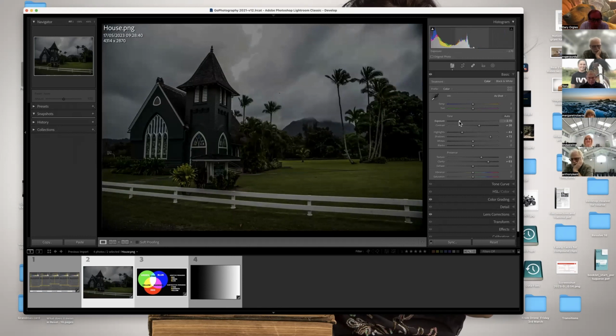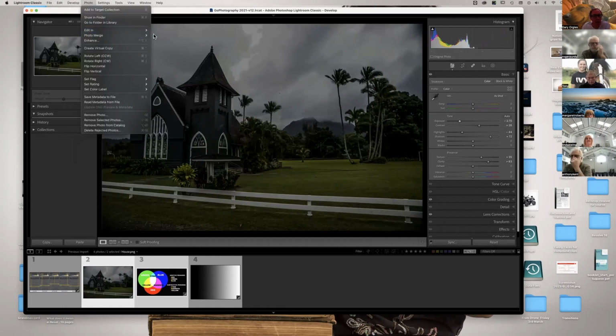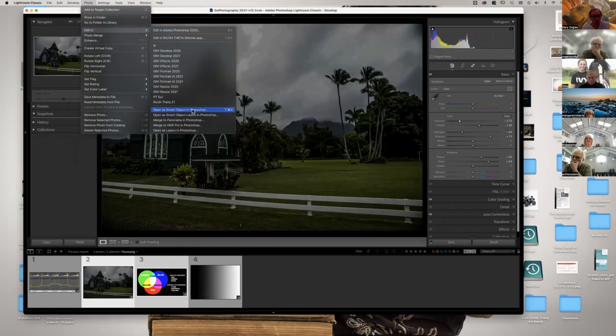Well, normally in the edit, we can go to our photo, edit in, and we can edit as a smart object. So what does that mean? You can change things. Yes. So if I open as a smart object, I can keep open all these settings and changes within Photoshop. But wait a minute, if this is Lightroom and I'm going into Photoshop, how can I gain access to those controls? Camera Raw. Yeah, because if I create a smart object, it creates a smart object and a smart layer